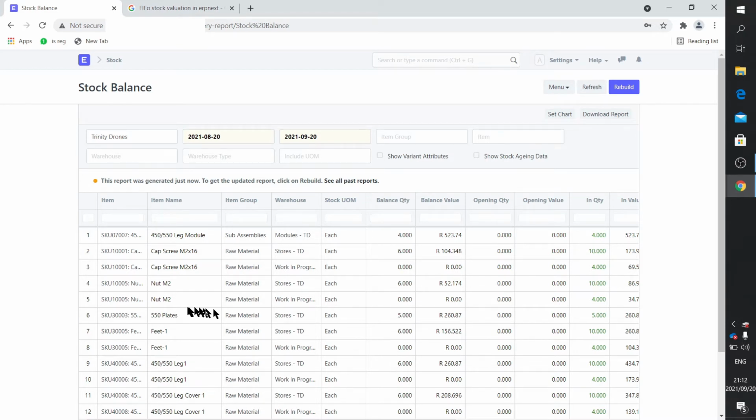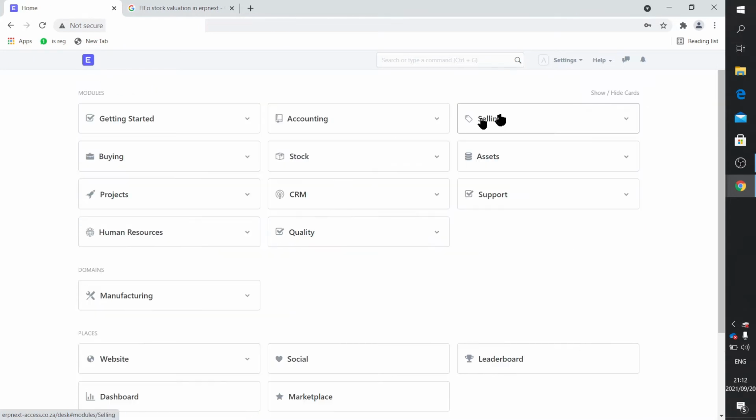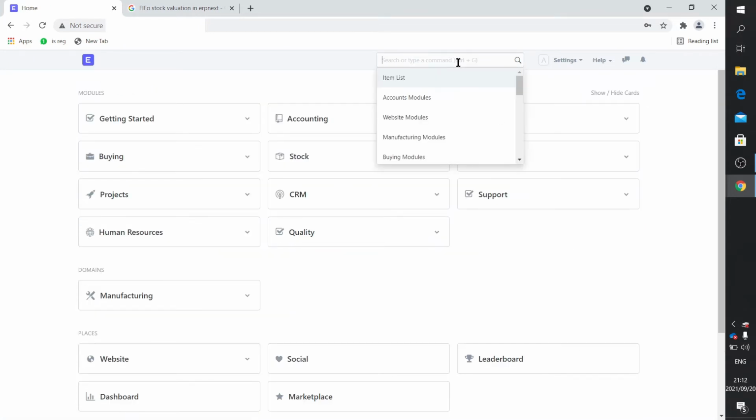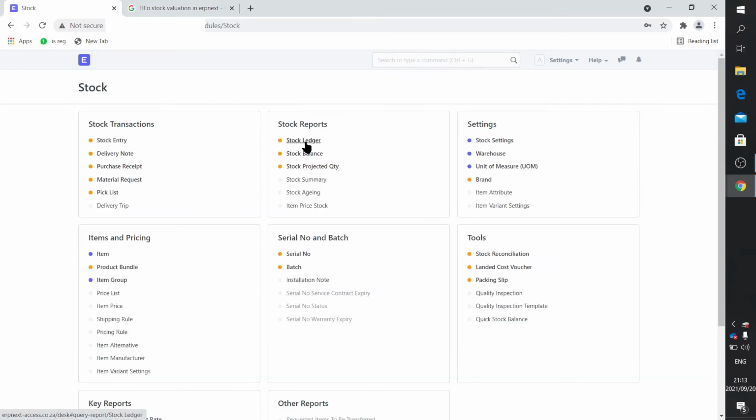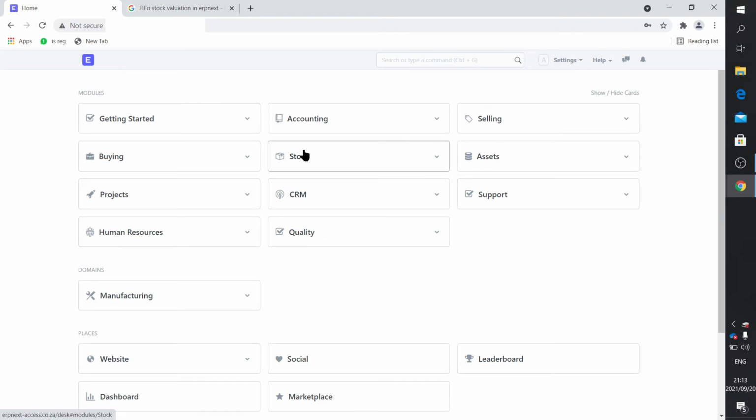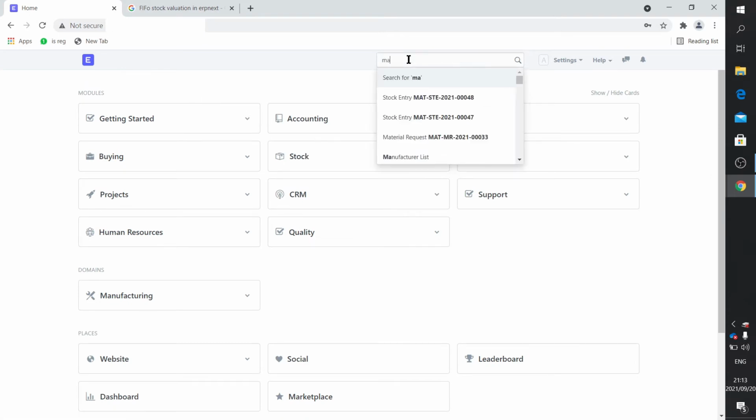All right, the 1 unit, the plates, is still 5. We purchased 5, but we haven't used that. We can actually use that in the next step. Right, without further ado, after the completion of the entire product, we'll draw a stock ledger. From the stock, we'll look at the stock ledger and then we'll analyze that in detail together with the accounts. And I'll draw up a nice diagram, what they call the T-chart, so that we can have a look at all that. But first, let's just complete our